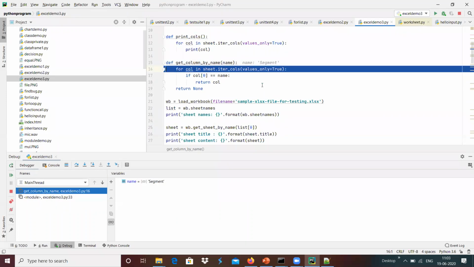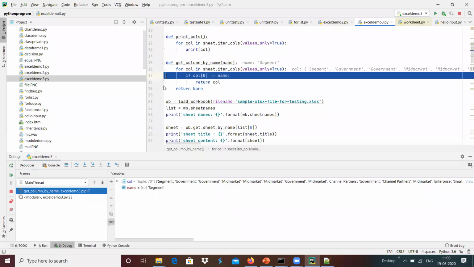This basically gets the current column value over here, and it moves over here where we have the column which equals name. Whatever value we have passed as the name, here it is the segment. If it matches, then it will return the column over here.